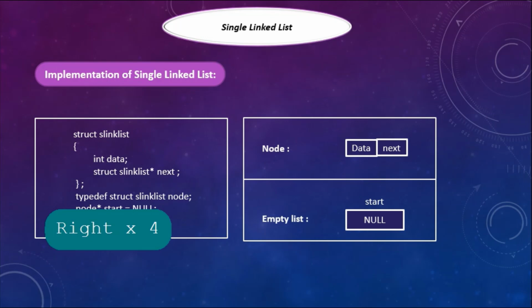We have created a node structure which contains a data field and a next field, and the list is empty. Initially when we create the structure, it is just an empty list, in which start is initialized with null.